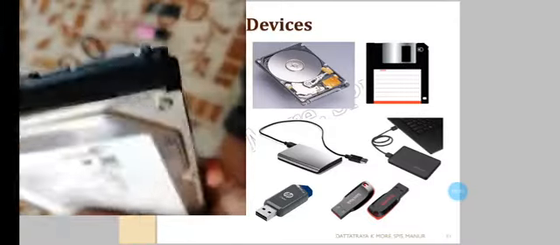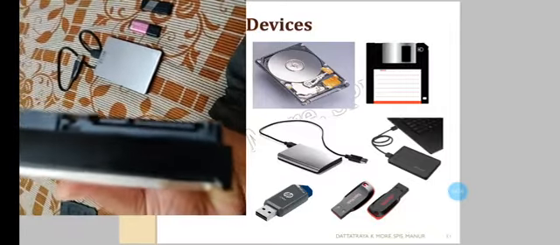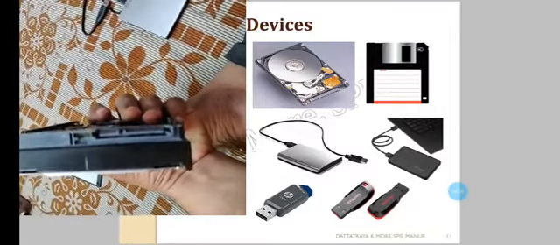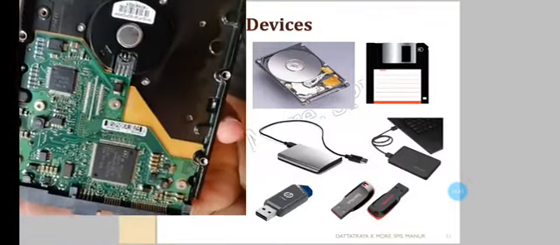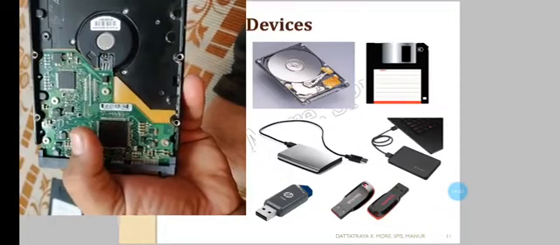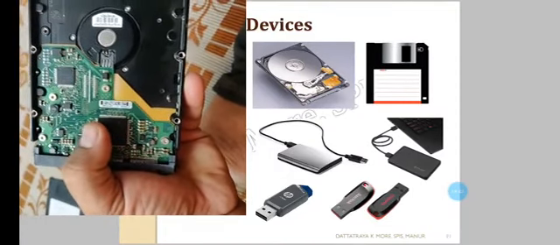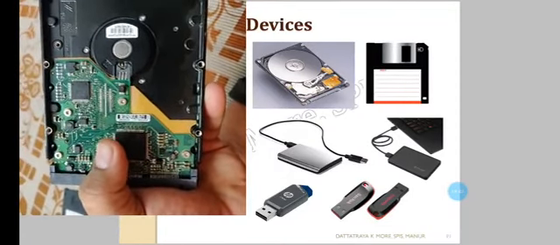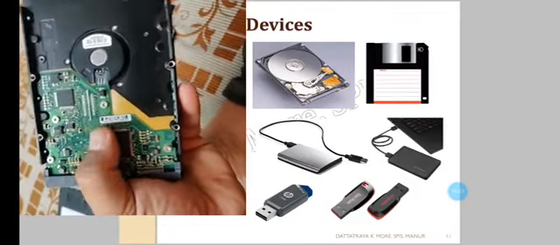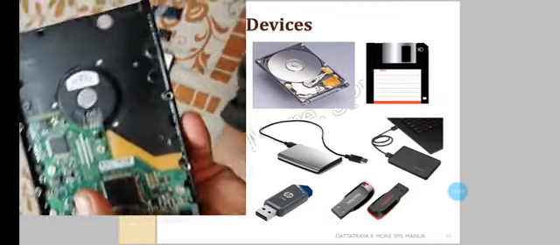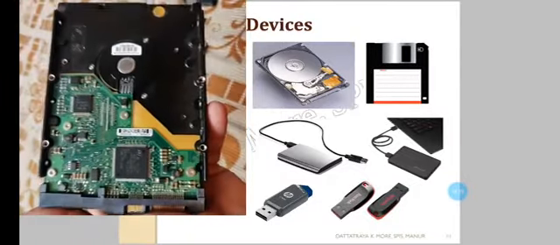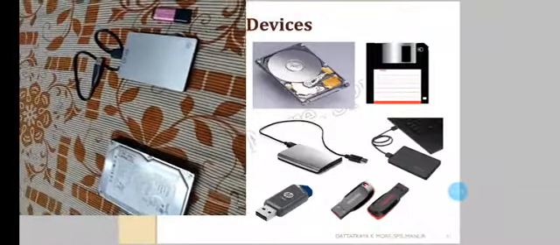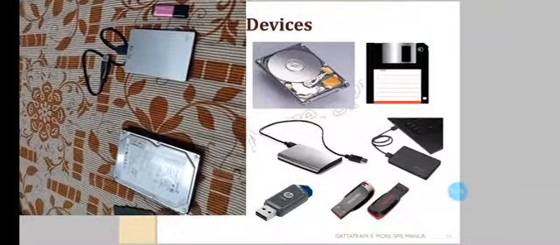If we turn it back, here you can see the power connections and data connections where the SATA cable will be attached. Then behind that there is a circuit board. When this hard disk is working, you should not touch it with your bare hands. I just explained, any circuit board you should not touch with your bare hands. It will break the circuit, or it will burn this circuit. So please avoid that so it will not be damaged. So this was called an internal hard disk.